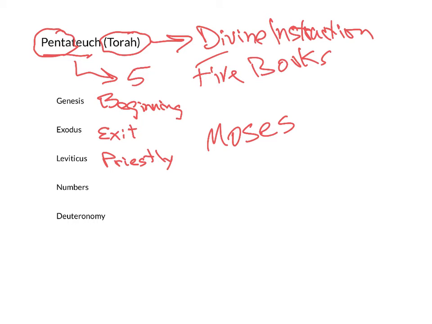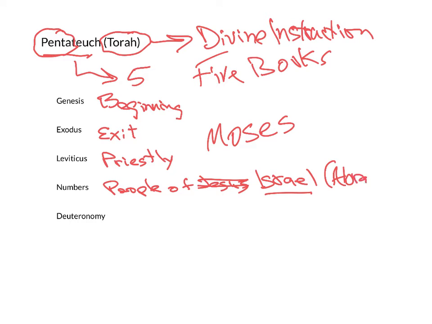The book of Numbers is called that because it numbers the people of Israel. And it tells how many tribes there were and who was the ancestor of all of those tribes. Oops, I'm sorry. I didn't mean that. Got Jesus on the brain, which is not too bad. The people of Israel, the descendants of Abraham. And it numbers them and arranges them in their tribes.